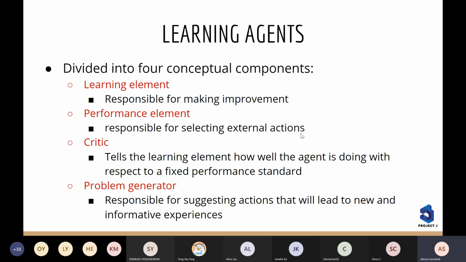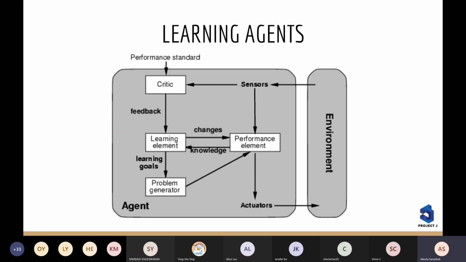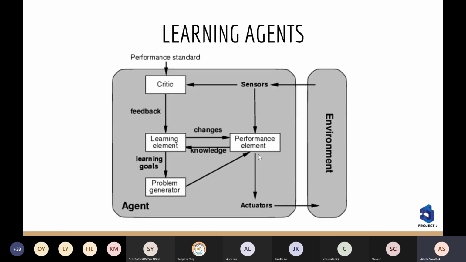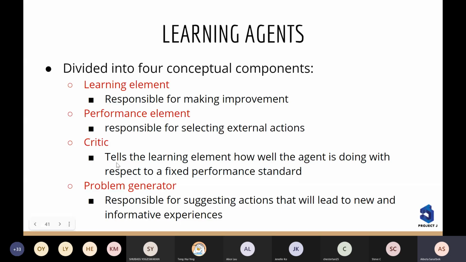So the performance element basically helps this agent select external actions to improve its performance. So yeah, it provides knowledge, information about knowledge or chance, right? The next one is